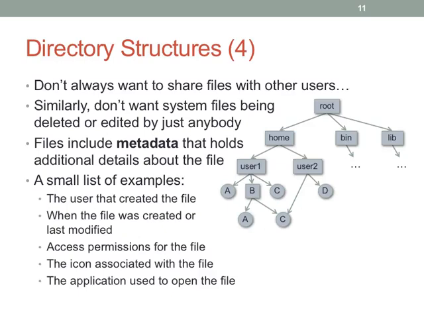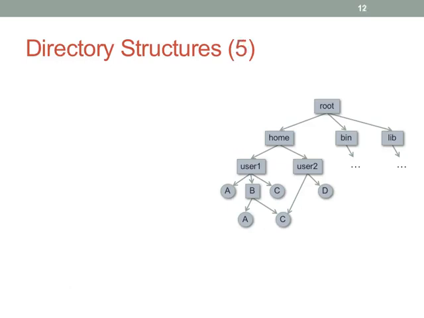Another example would be if you are storing media. So like MP3 files have a lot of metadata that can describe the contents of the MP3 file. Same thing with, that's what it's called, ID3 tags. And then if you have like JPEG files, you'll have EXIF data that describes information about the images. So you can get really sophisticated when it comes to the metadata that is associated with a file. And current operating systems know how to interpret this information so that they can show useful things to people about their files.